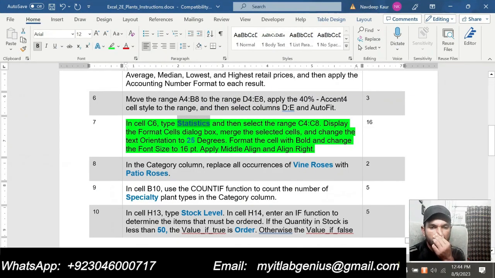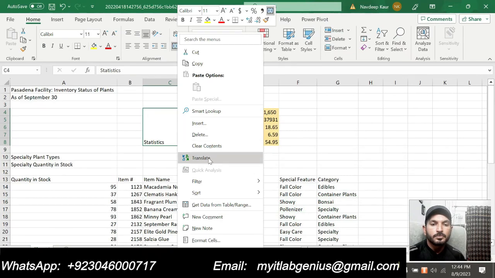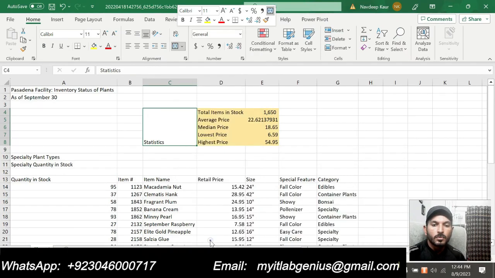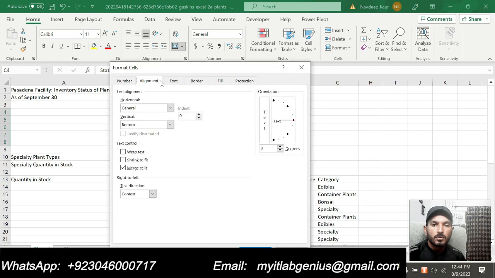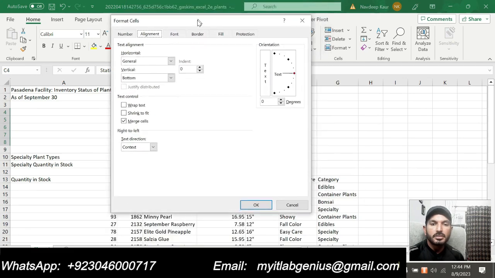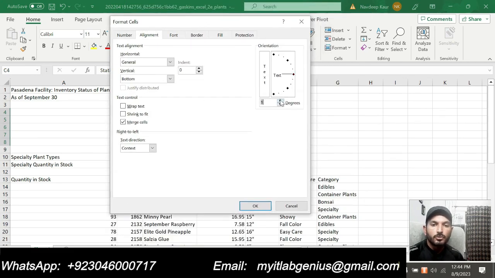Second thing is change the orientation to the 25 degrees. Go to the alignment tab and we are supposed to change the orientation to the 25 degrees. This one.